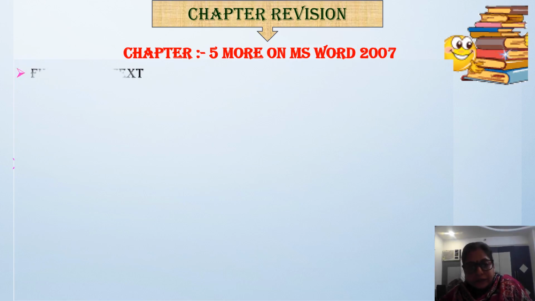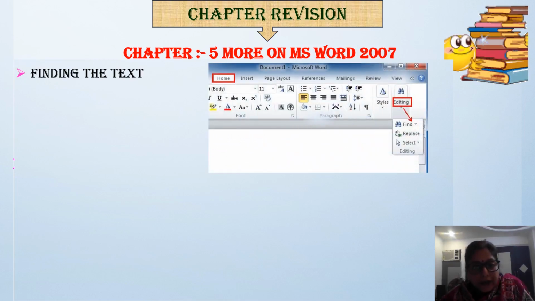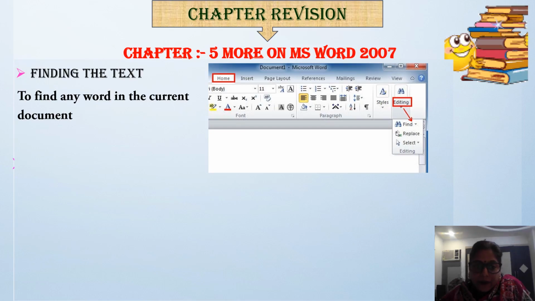Next is finding the text. Find text means to find any word in the current document. You can find any word in the current document.